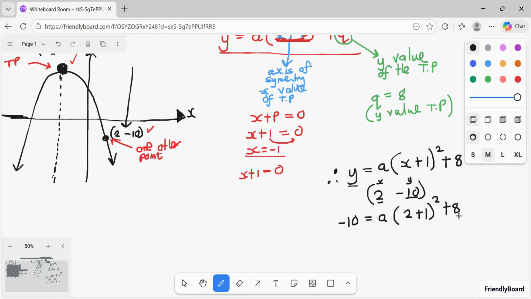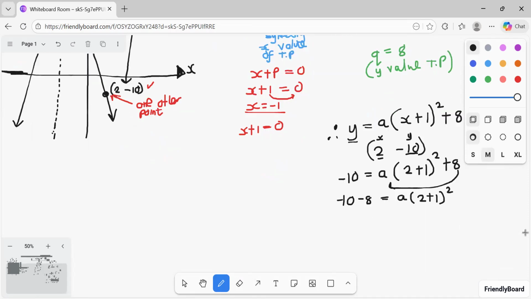I start by taking this 8 to the other side, where it's going to be minus 10 minus 8 is equal to a, open brackets, 2 plus 1 squared. Then my left side will be negative 18 is equal to